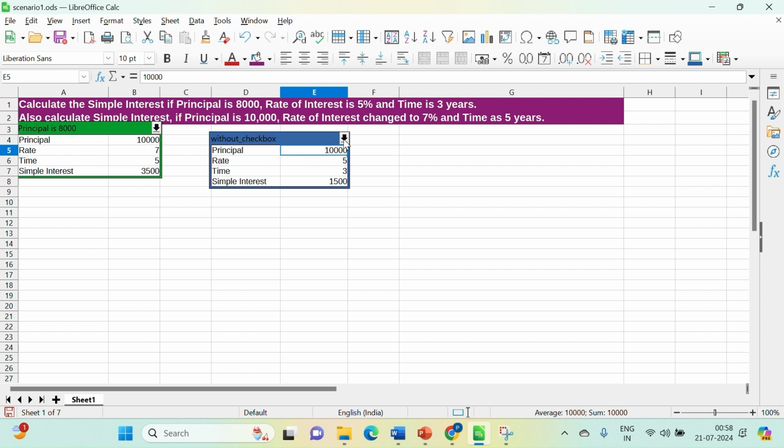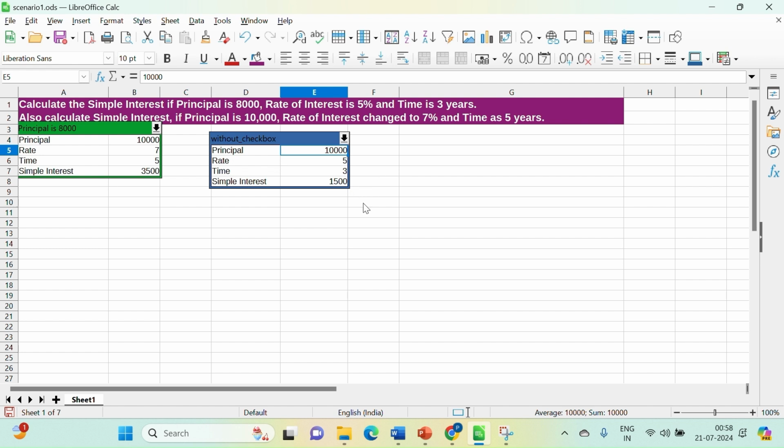So in this without copy back option, in the very first scenario that we have created, different scenario, the value that we had given was 8000, and then we switched over to another scenario where we had given the value 10,000. After giving this value, we had unselected the checkbox, and then I had entered a different value of 3000, which is not being taken and not being saved, since we have already unselected the copy back option. So without copy back, the changes that we make in the current scenario shall not be reflected back.